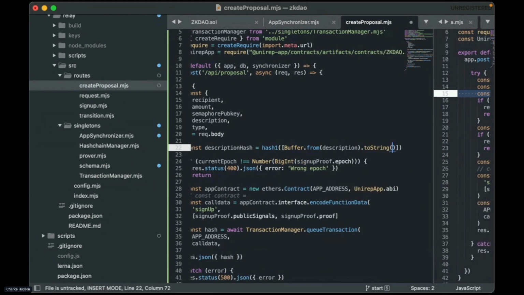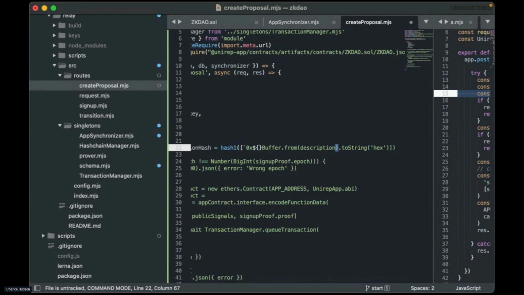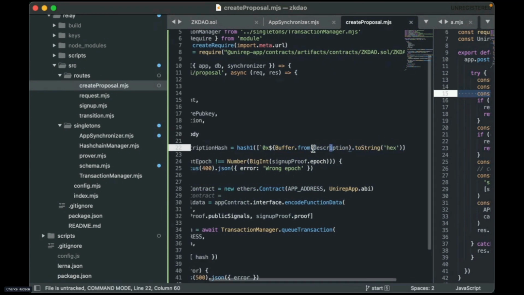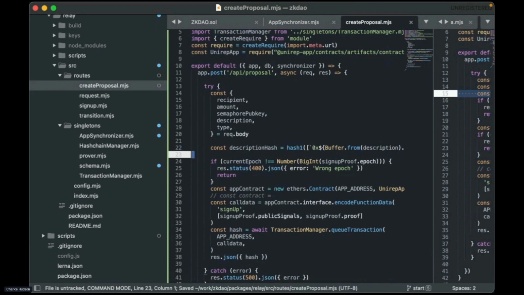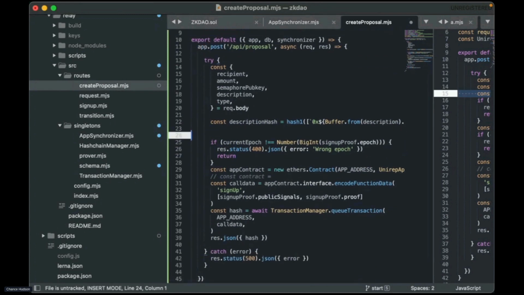So the problem is you need to provide a number to this hash function, so we need to convert the string into a number. To do that, we'll serialize it to a buffer and then serialize it to a hex string and then put 0x in front of it. Any hex string can be interpreted as a number, and we get a hash value out of that. Cool, so now I have that.